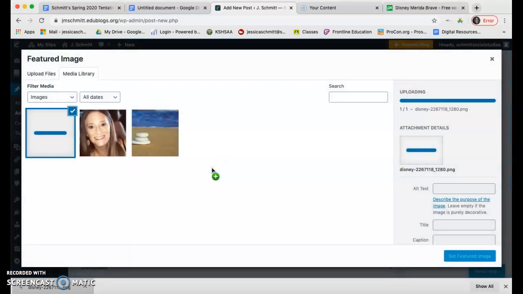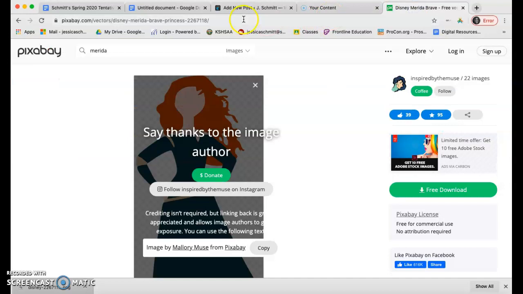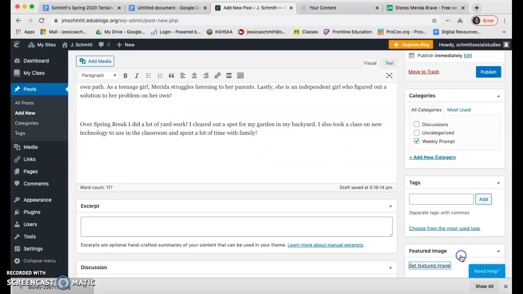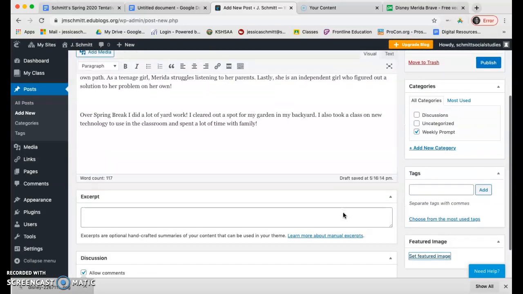There's my media library. So I went to Pixabay again, like I showed you in a previous video 1, I believe. I chose this picture, downloaded it to my desktop. I don't know why I do that extra step. I could easily just upload it right from here. And then I'm going to set featured image. So then that image should come up